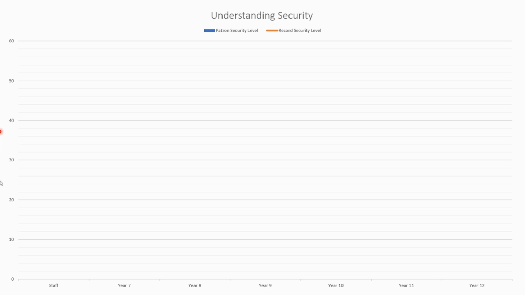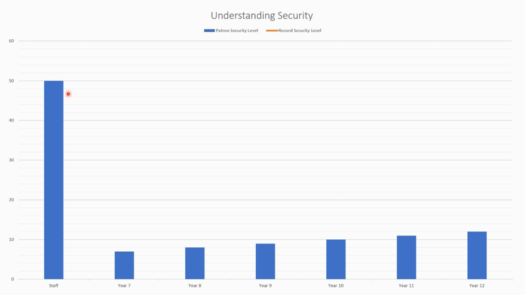So on the left hand side of my screen you should see some numbers. These are security levels for both Patron and record security. On the bottom line we have our classifications. For this example I'll only be doing year 7 to year 12, but it works for primaries as well. I'll add our